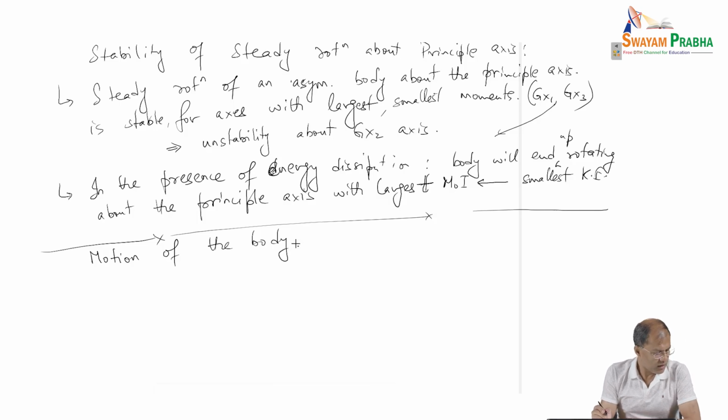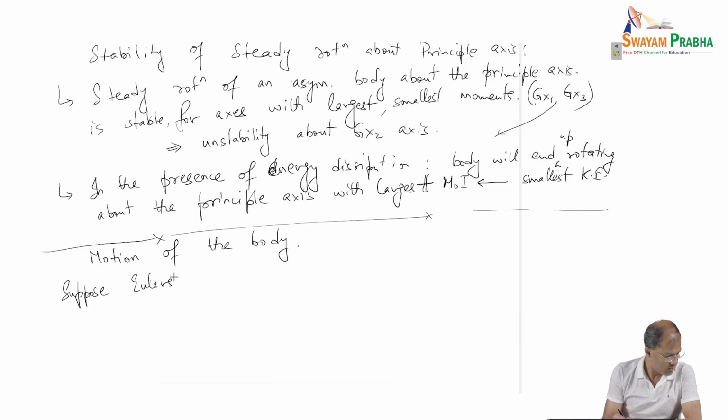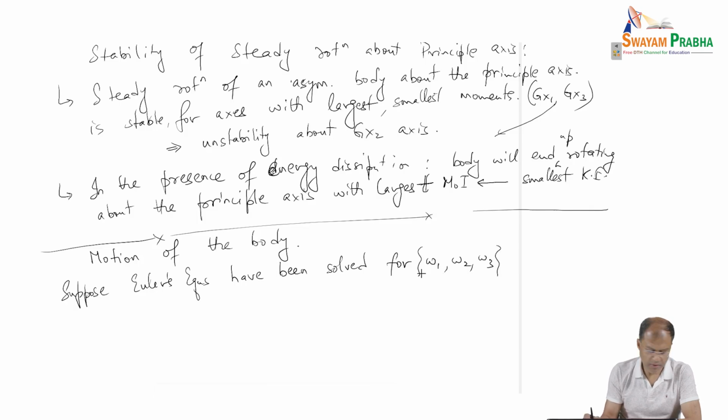Suppose we have already solved Euler's equations and found the solution for omega 1, omega 2, omega 3, right? They have been solved, and then the question is what